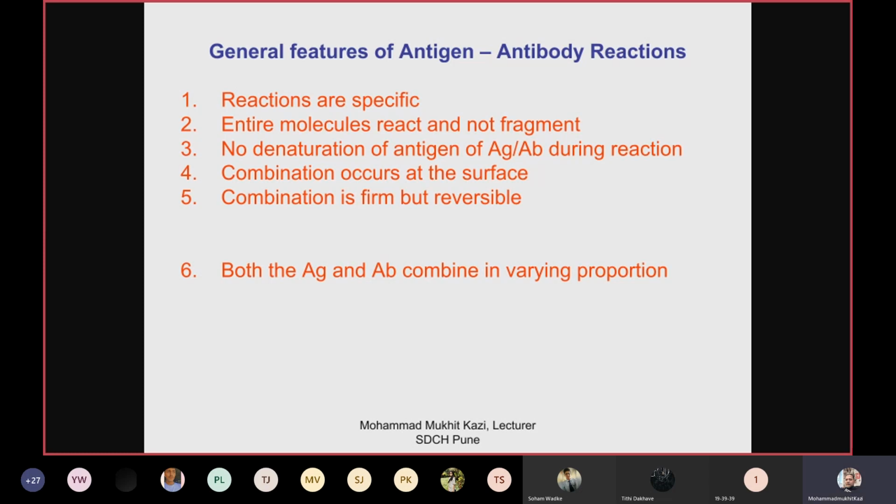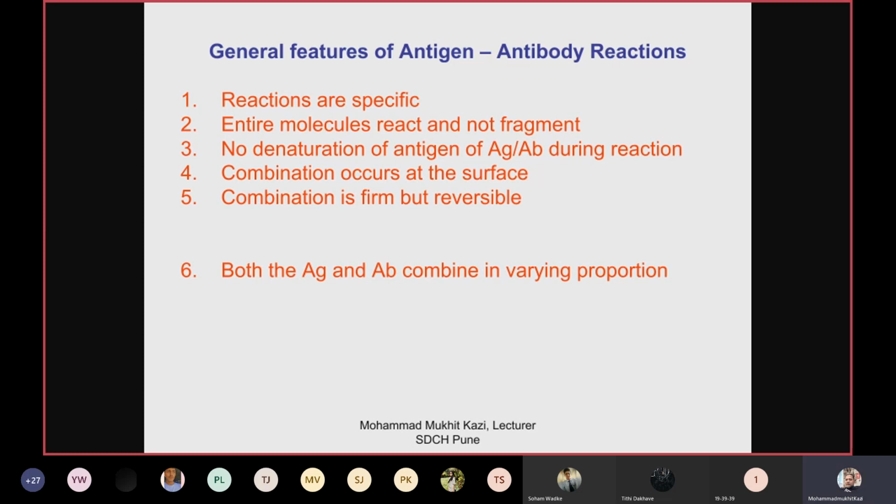Of course, there are non-specific antibodies present in our body because of subclinical and apparent infections, which we have studied in the infection chapter. But they do not fulfill the total neutralization or destruction of those infectious agents or the antigen. They cannot neutralize the entire load of that antigen in the human host. So you need to have the specific antibodies which will be useful in neutralizing that antigen. So reactions are always specific.